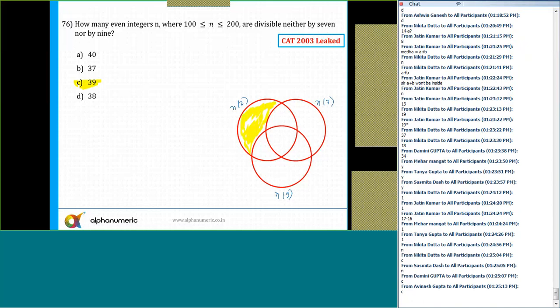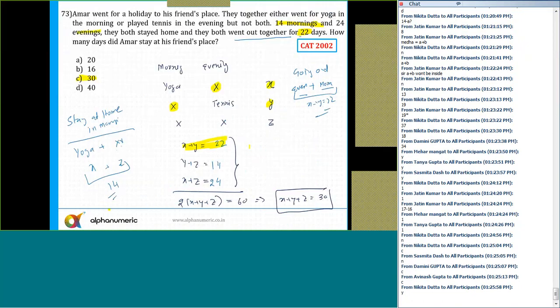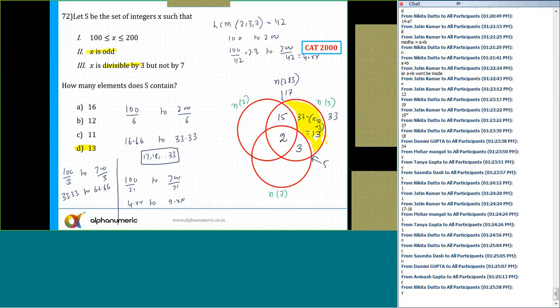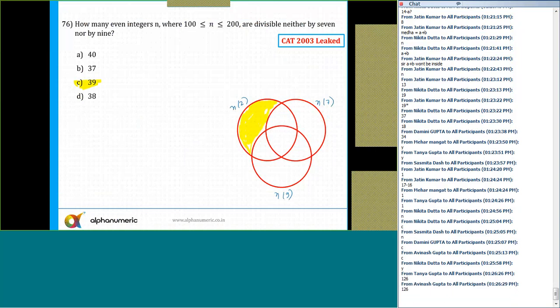So it is quite similar to the question we have discussed just now, isn't it? If you go back and see, here we were finding this region. Yes or no? The same thing here, we need to identify this region. So the logic will be quite the same. First of all, take the LCM of 2, 7 and 9. What is the LCM of 2, 7 and 9? 126, yes or no? Yes.